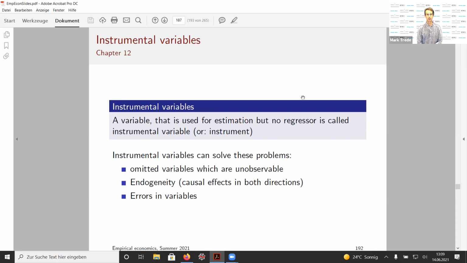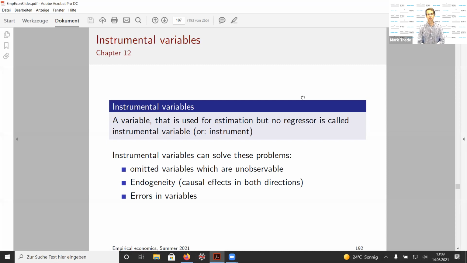And fortunately, the method which is possible to solve this problem is not only applicable in case of endogeneity, but also applicable if you have omitted variable bias or problems in the estimation of the regressors. And the approach to solving this problem is called instrumental variables. And what is an instrumental variable? Well, as the name already suggests,